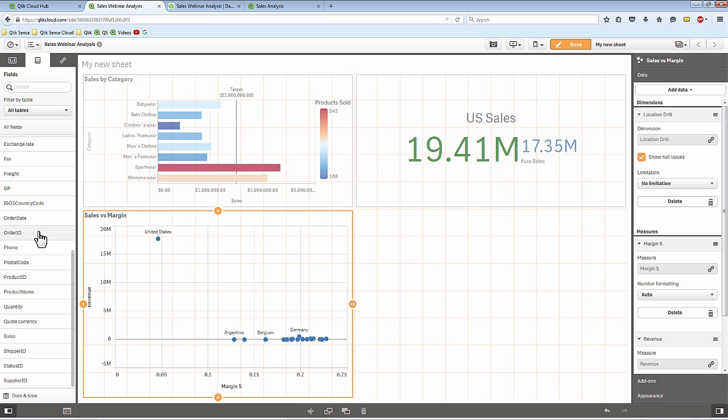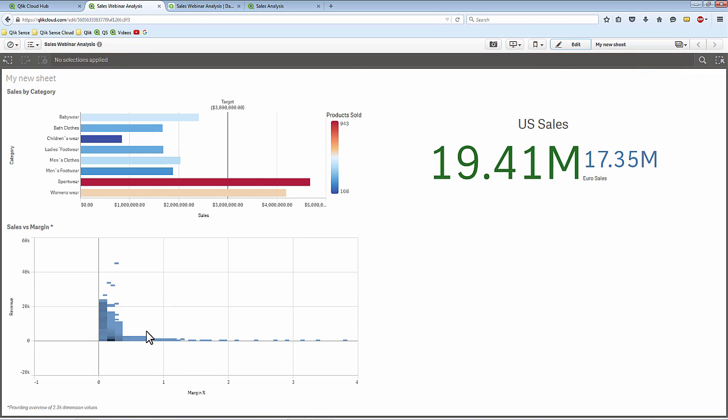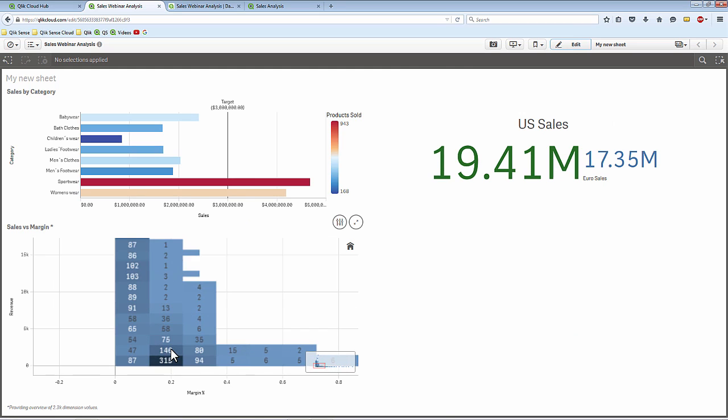Let me give you an example of that. I have an order ID field which has maybe 2,700 order IDs, but you'll be able to get the picture when I replace the location drill dimension. You'll notice that the scatter plot will automatically configure itself utilizing these blue squares and then shades of blue, where hotspots are indicated by a darker shade, which indicates a higher density or concentration of those unique data points. At a glance, I could immediately see, focusing within this area between 0 and 10% of that margin and this particular sales range. Now, if I go into analysis mode, I could zoom in to these locations and start to reveal more information, such as the number of unique data points that fall within those hotspots.